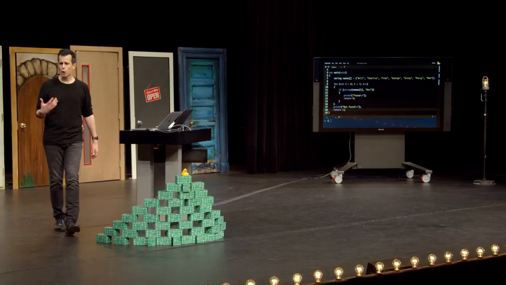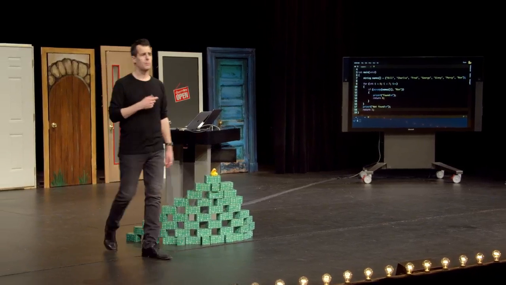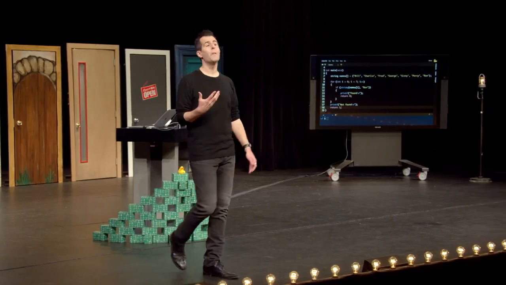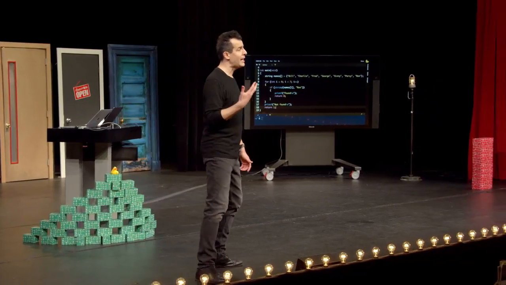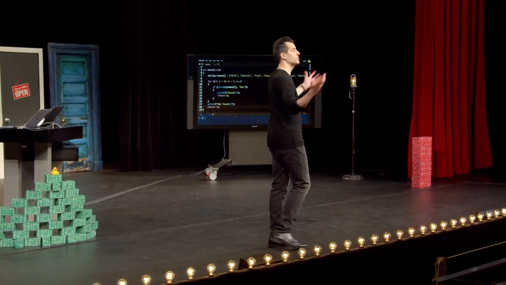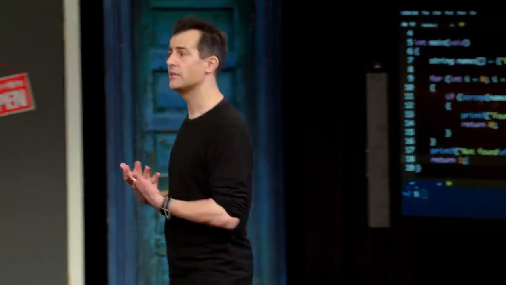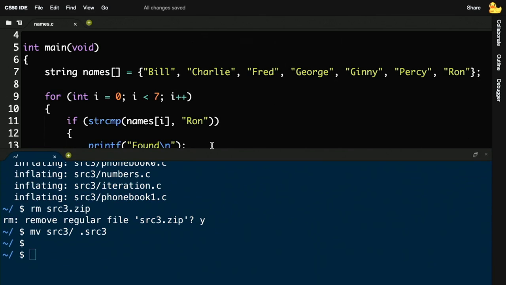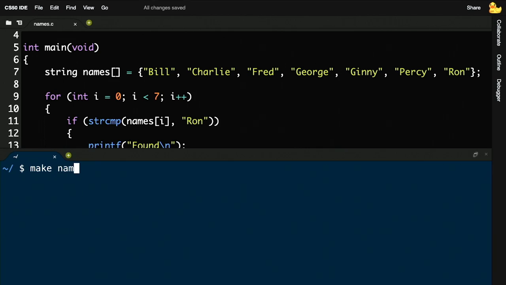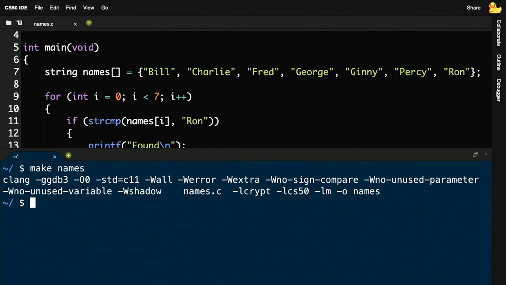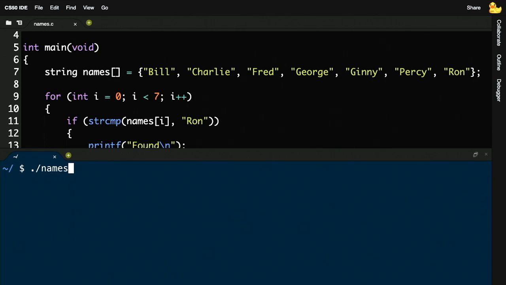So even though I've hard-coded everything, to hard-code something in a program means to type it out explicitly, you could imagine using a command line argument like last week to get users' input. Who would you like to search for? You could imagine using get_string to get users' input and ask them who they would like to search for. But for now, just for demonstration's sake, I've used only Ron's name. And if I haven't made any typos, let me type in make names, enter. So far, so good. ./names, and I hopefully will see indeed "found" because Ron is very much in this array